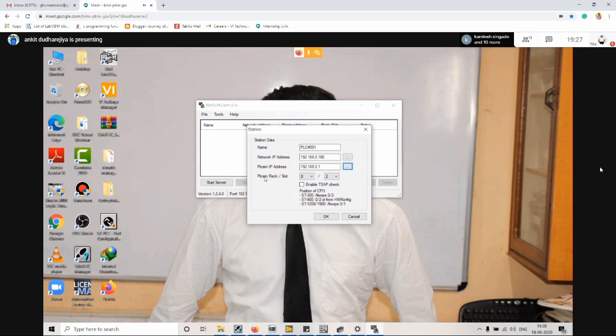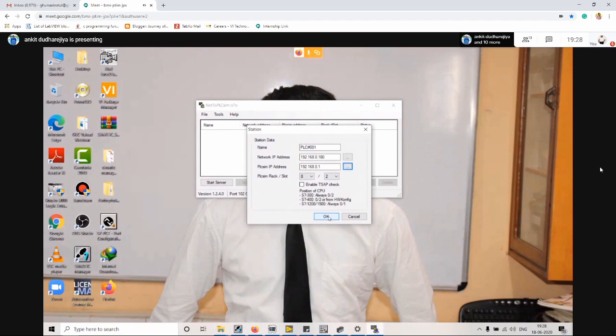You don't have to change them. Over here you can see PLC SIM rack and slot, because the PLC has a rack or slot. Some PLCs come as a rack, so there will be some modules. Some PLCs are based on slots, so there will be a chassis and multiple modules you can connect with your CPU, like digital input card, digital output card, analog input card, analog output card, then your PID card. So that will be in slot. For the PLC we have, that is S7300, we always have to set it as 0 or 2. The configuration is already given over here, so we don't have to change anything. Just click on OK.